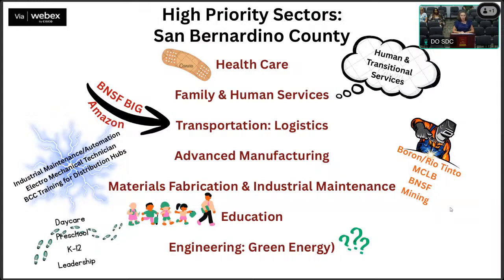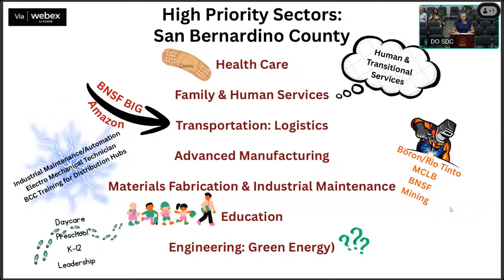Logistics and distribution and transportation, that remains our leading sector throughout the county. So we're talking about BNSF, we're talking about the Walmart distribution hub and the Amazon facilities, only as some of the beginnings that are coming in through this area and up into the region.